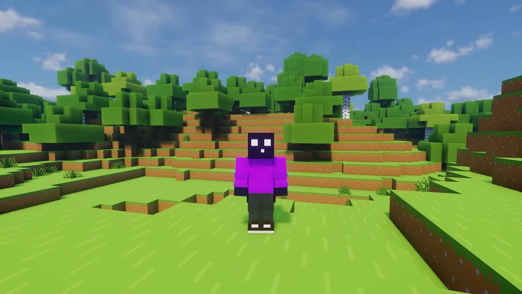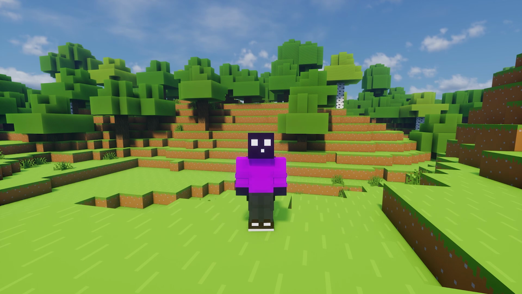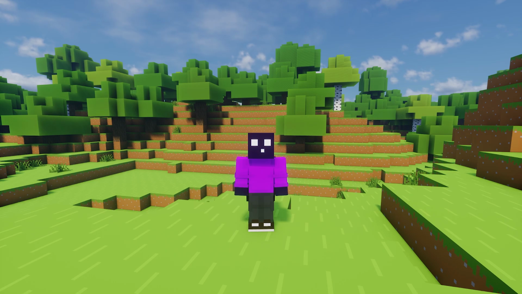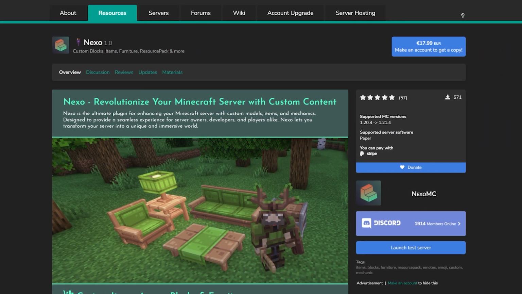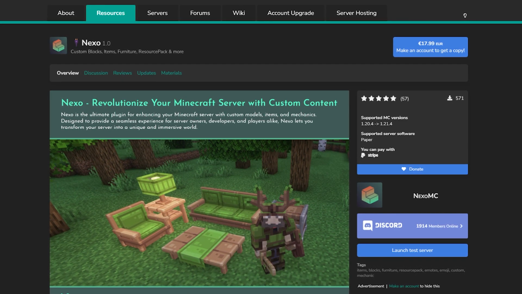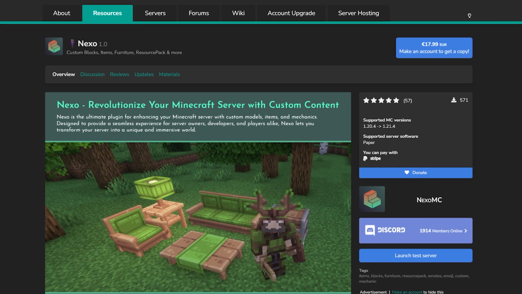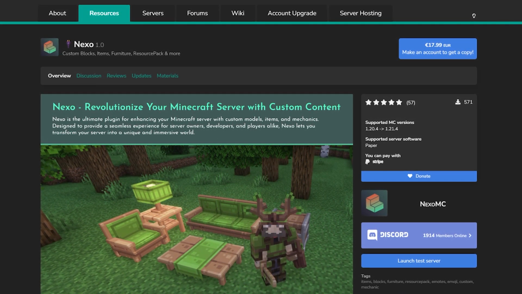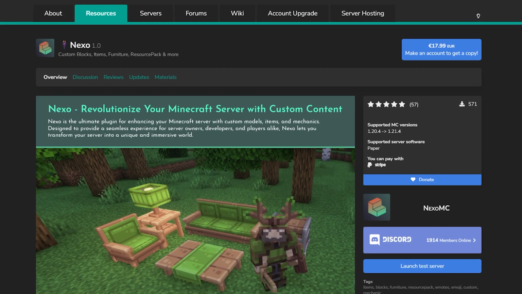So today, it is finally time to take a look at Nexo, a Minecraft plugin made by the same person who also developed Oraxen for over 3 years, turning it into one of the most popular custom item plugins for Minecraft. Unfortunately though, after all that time, the original creator of Oraxen decided to retake access to everything related to the plugin. And Boy, who had been working on the project for years at that point, was forced to start anew. And he created Nexo, a Minecraft plugin that allows you to add a whole bunch of custom content to your game,